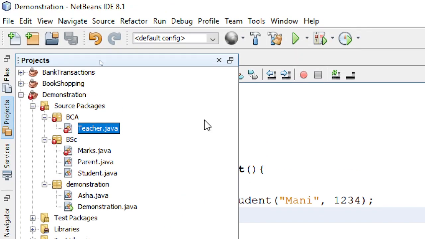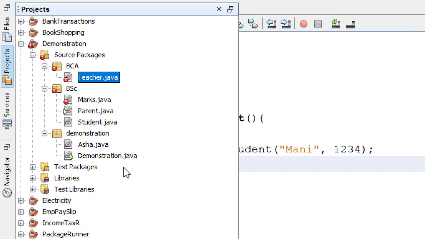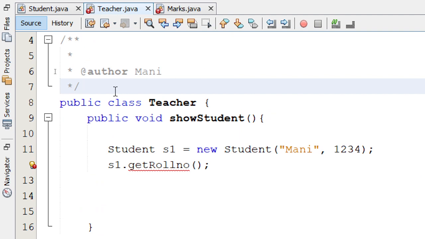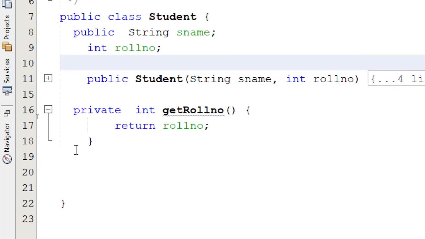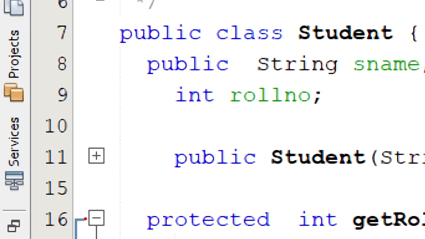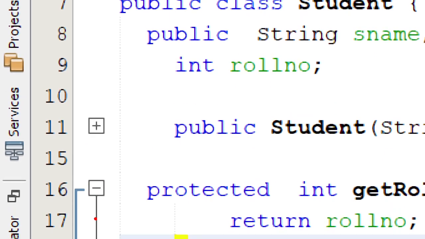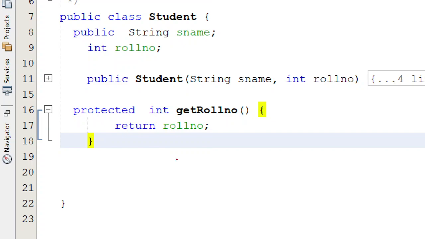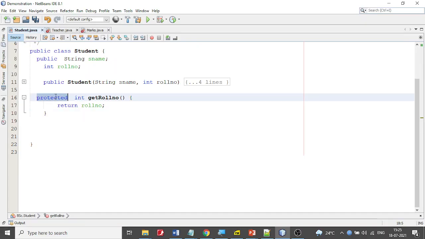And the next one that will come into your mind is protected. Now let's look at that protected story over here. What if I make this roll number protected? So okay, what will happen if I make this roll number as protected? Now our question comes, so this method is protected. Now there are two things that have to happen. What are the two things? A protected method,